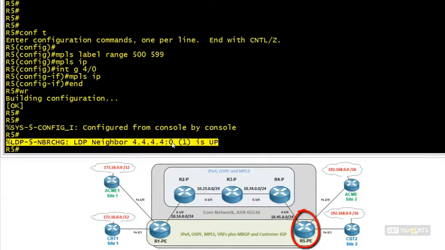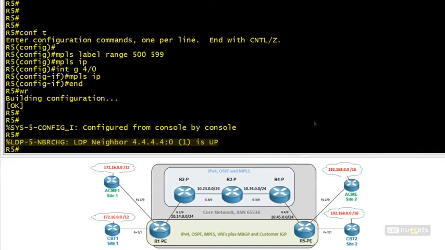And we have a good indicator here that our neighbor R4, from a label distribution protocol LDP perspective, looks pretty healthy. Our neighborship is up and we're exchanging labels with R4 as well. So let's have some fun with this. Let's pick one single route out of all the routes available. Let's pick